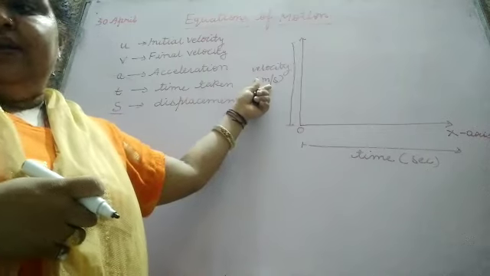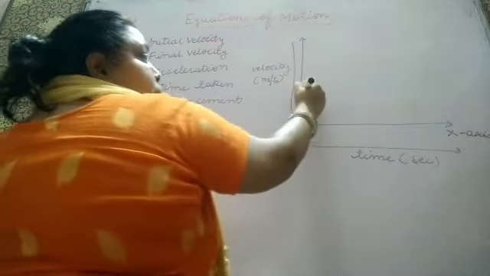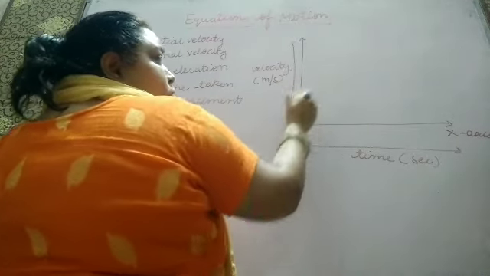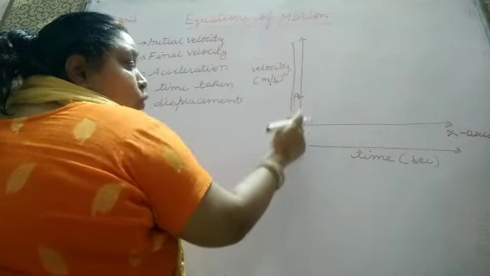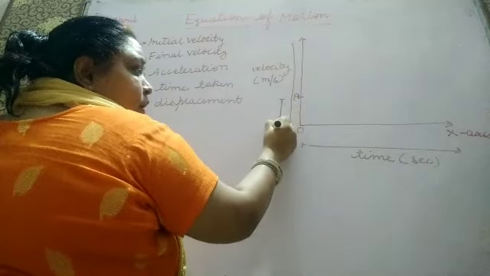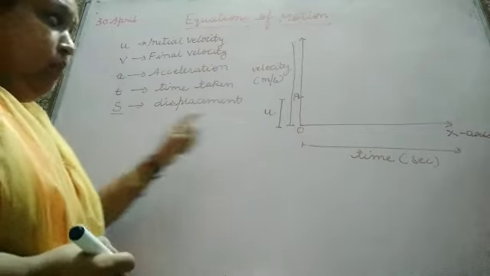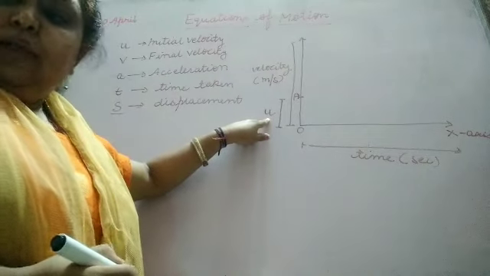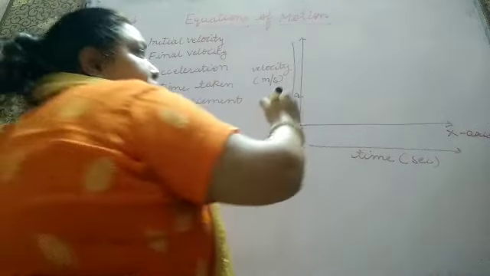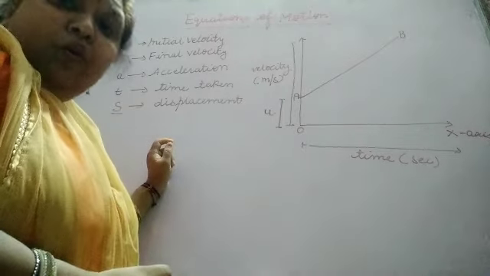So let us assume that an object is moving from the position A along with initial velocity u. So from O to A, what will be the velocity? That will be u, clear. Since we know that initial velocity is indicated by small u, okay. Let us assume that the object travels from A to B. B is the final position of the object.